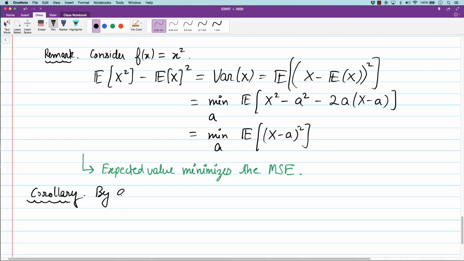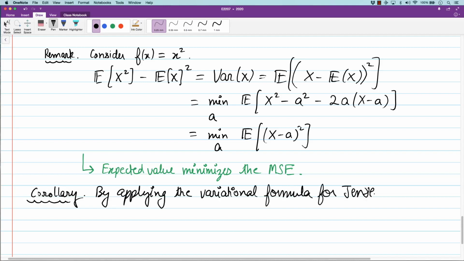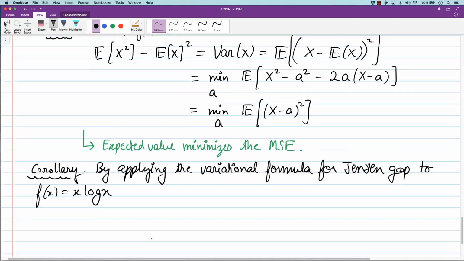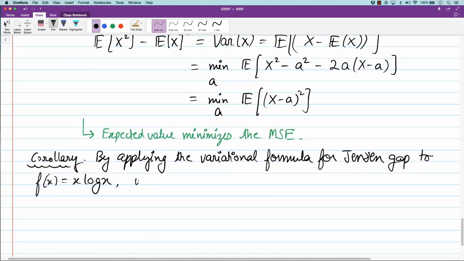By applying the variational formula for Jensen's gap, now we apply it to the other convex function, x log x. Remember, just like we extended Efron-Stein to the entropy method by replacing this x square with x log x, we do the same thing here. So we apply this here, we get